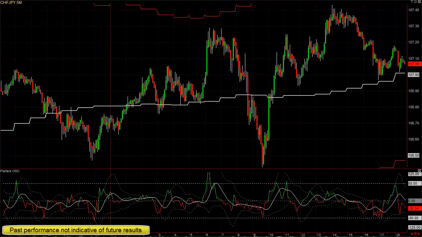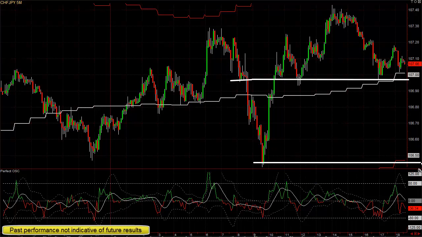The Swiss is weak. The yen is strong. Here's 8 o'clock. You have this nice little low right here. It breaks down, and you can see it fell from 106.95 all the way down to 45. 50 pip move. And I'll just bring up a tick chart or a range chart just to show how when you have a signal like this,